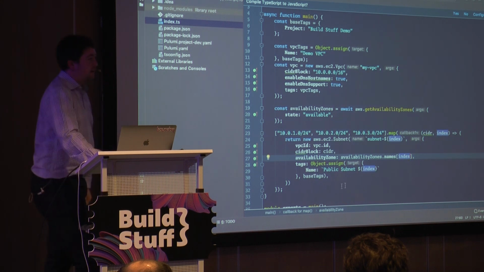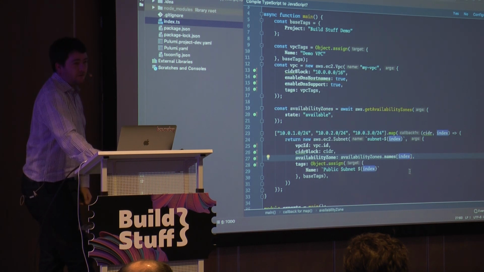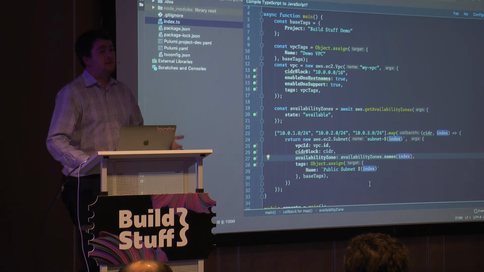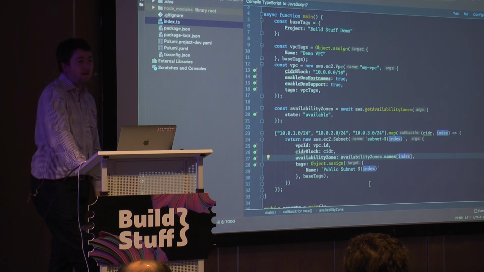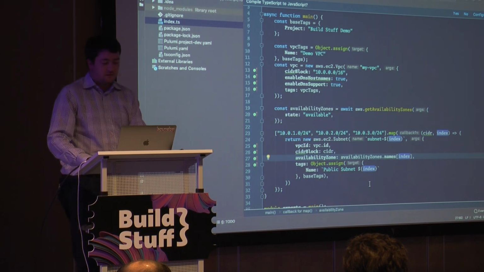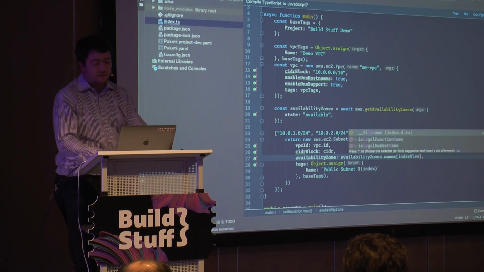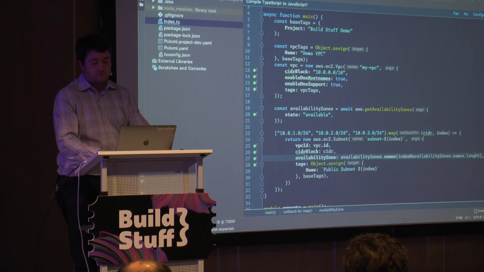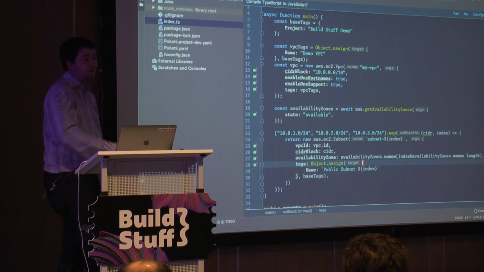One point of note there is that this has an obvious crasher in it, because if there are only 2 availability zones and we've said we want 3 subnets, then it will crash because we'll get an index out of bounds. The obvious thing to do is, you need to decide at that point what you want to do. Do you want to fail because you can't possibly operate with less than 3? Or do you actually just want to say, well, we need 3 of these things, but we don't care if 2 of them are in the same data center, in which case you can just take the index modulo the length of the array, and it will just wrap itself around.